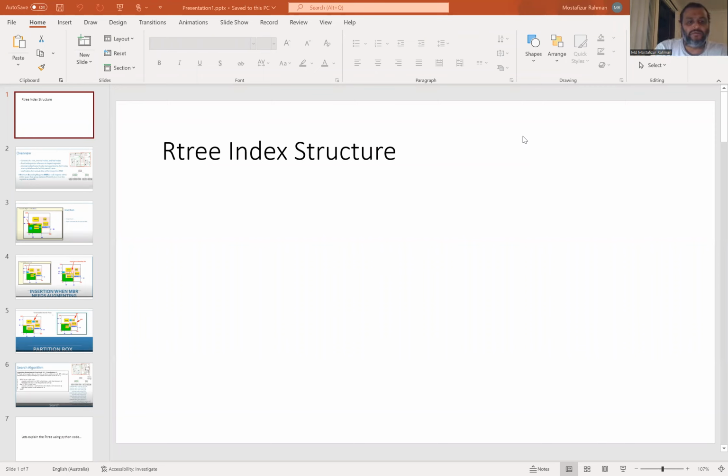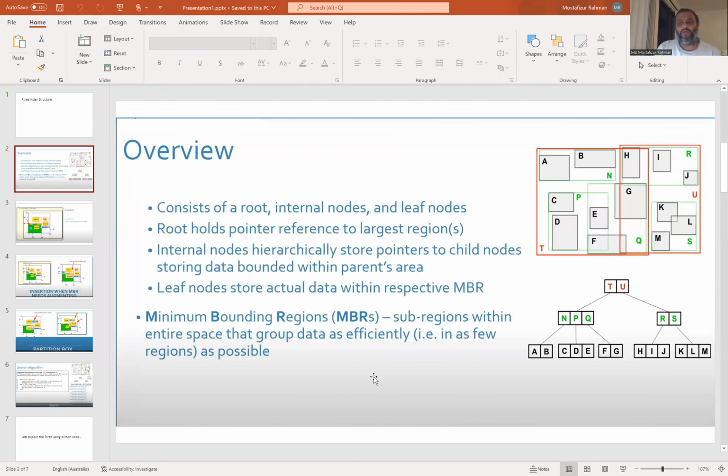Today I am going to explain the RTree index structure. In overview, RTree consists of root, internal nodes, and leaf nodes. Root holds pointer references to the largest regions. Internal nodes store pointers to child nodes, storing data bounded within the parent's area, and leaf nodes store actual data